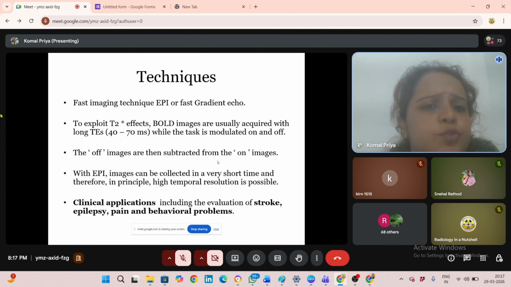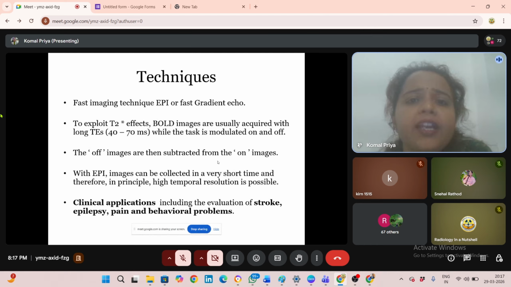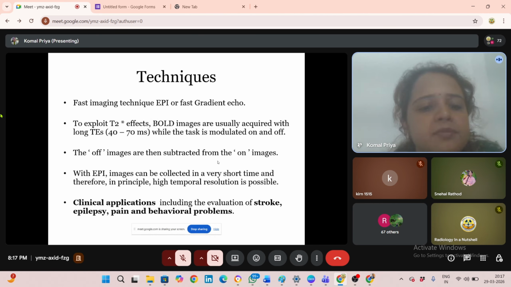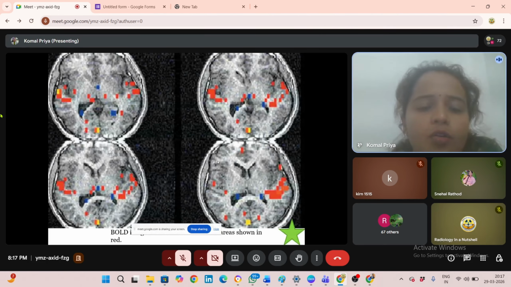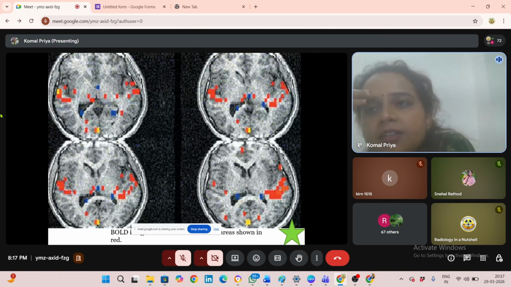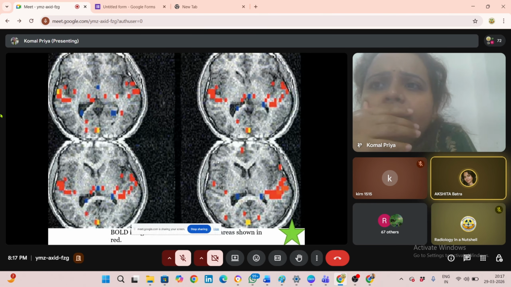Okay, in this also we use the EPI sequence because we require ultra fast imaging. That is why EPI fast gradient echo will be used and the T2 star effect will be used. The clinical applications of the BOLD sequence can be stroke, epilepsy, pain, or any behavioral problem; we also see the BOLD sequence or fMRI. You can see in the image areas are